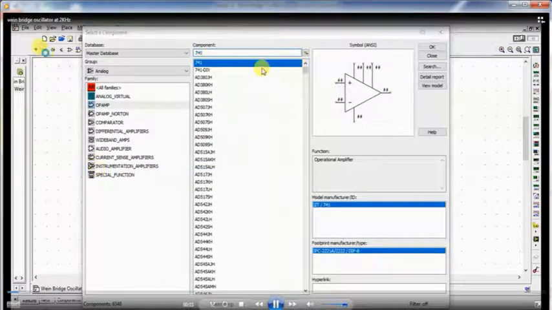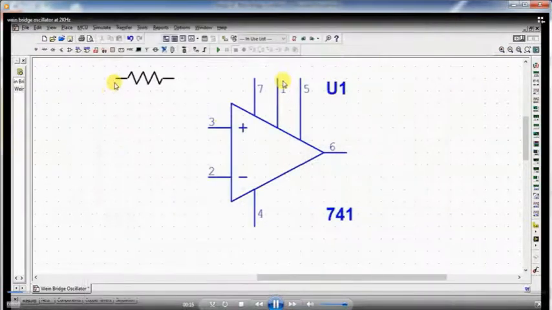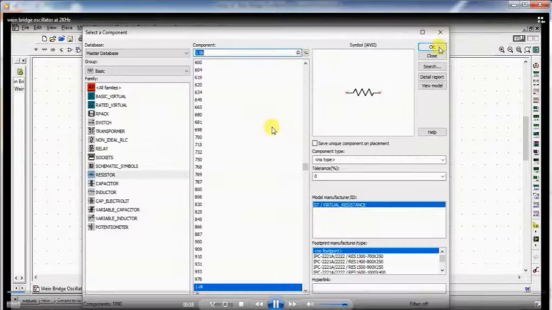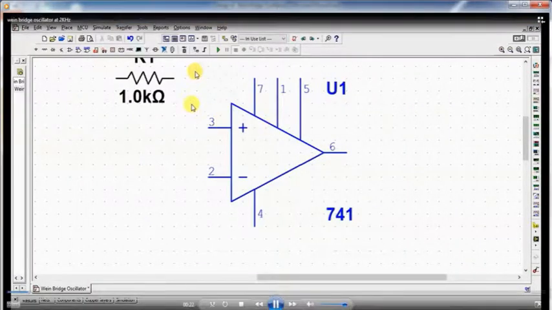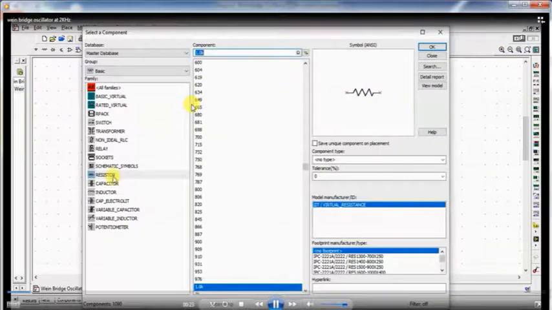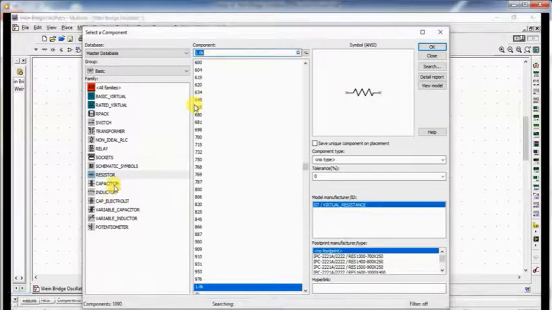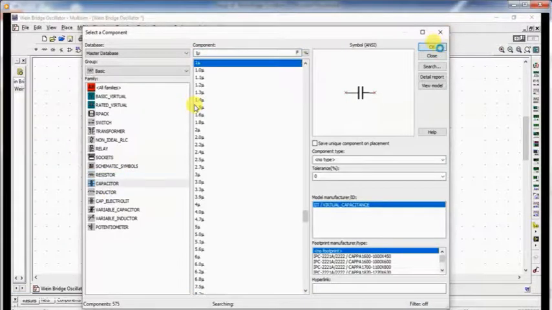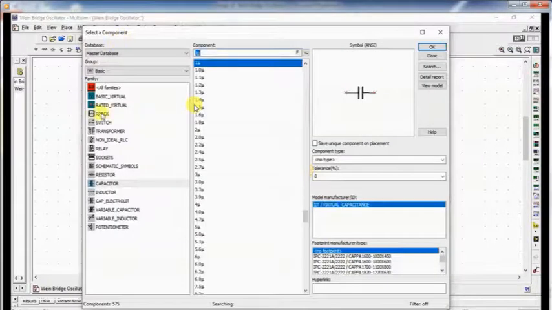First choose the op-amp, that is the 741 op-amp IC, and then choose the resistor here. Select the capacitor also and drag it here. Now select one more capacitor.